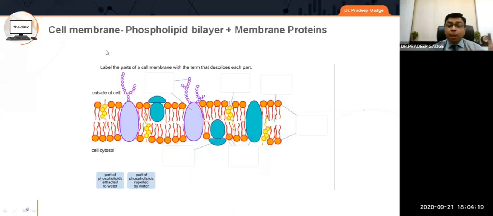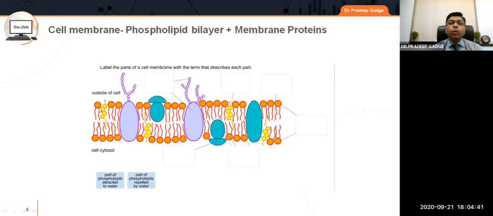Now see, the cell membrane is a phospholipid bilayer. I'm sure all of you must have read this during your first year MBBS days, but there is a whole lot of things which we tend to forget as we start practicing. And in our busy schedule, we don't remember all these things. So just a basic revision of certain basics. So it's a phospholipid bilayer.